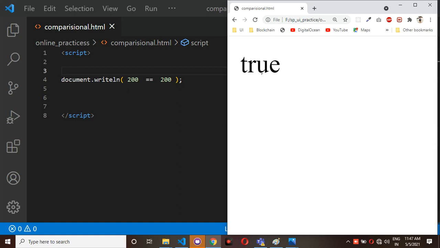What I mean to say here is double is equal to is one of the comparational operators. Using the double is equal to, you can check whether the two values are equal or not. For example, 200 double is equal to 200, then both values are equal, so you can get output as true.